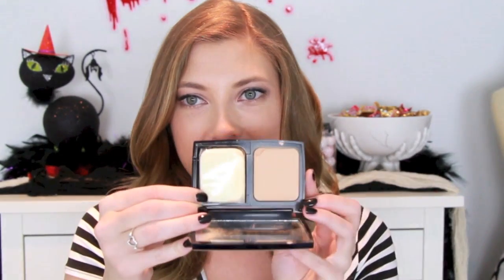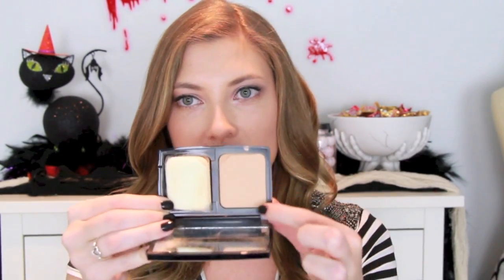And then also I have the Diorskin Forever Compact powder in the color 020. It looks like this. I love this powder. I use it as an all-over setting powder with a big fluffy brush, and I love it. The only thing that I dislike is that I dropped it, and now it's all crumbly, and it kind of shattered a little bit. Thankfully I didn't lose too much of it because I would have been sad because this was kind of expensive,